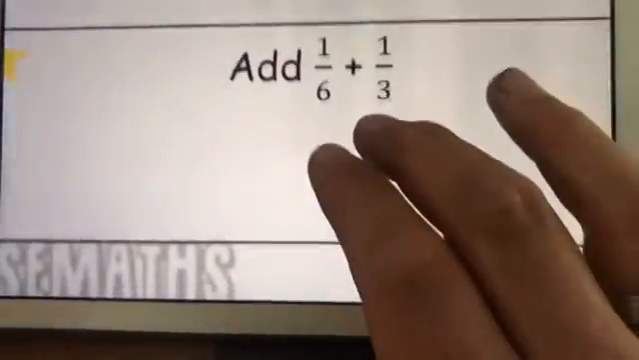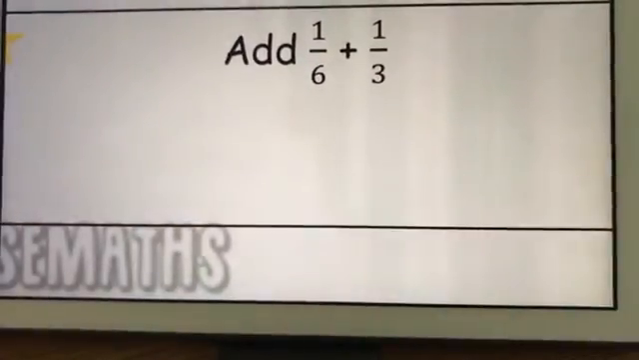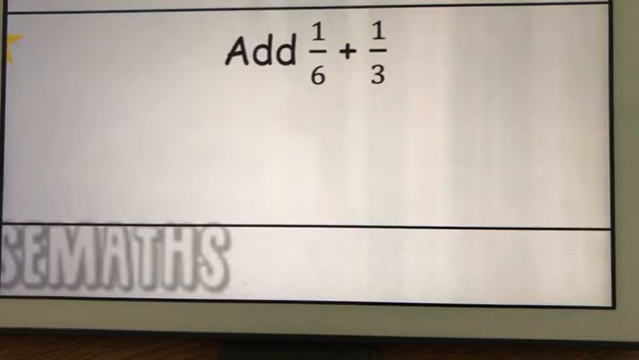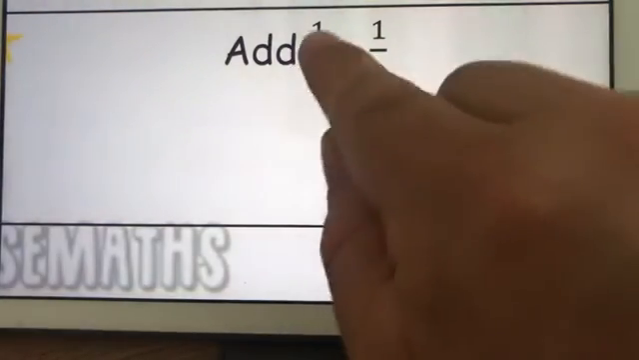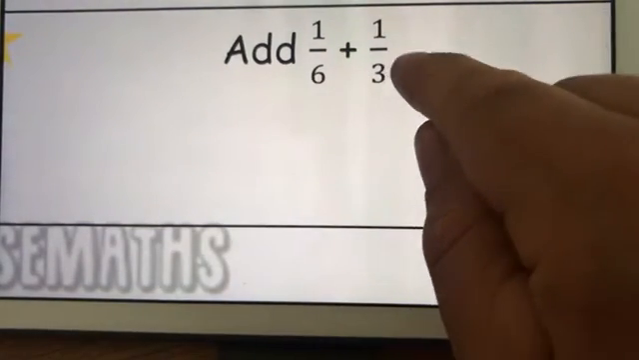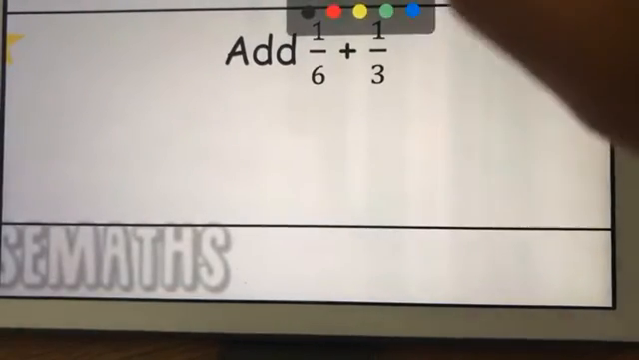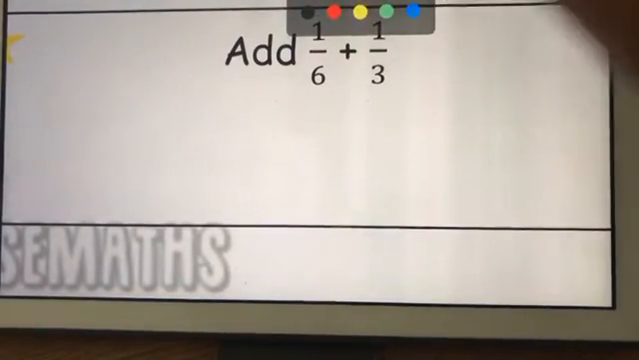1 over 6 plus 1 over 3. You can't add them together because the denominators are different. So what you can do instead is take the right-hand one and double it. Normally you cross-multiply, but with this one, we don't have to change both. We can just change the right-hand one. If you take this right-hand one and you times top and bottom by 2,